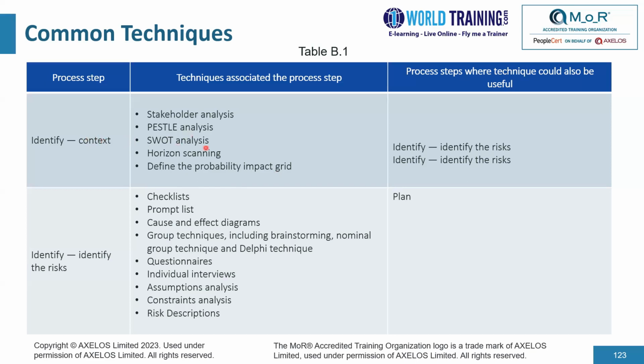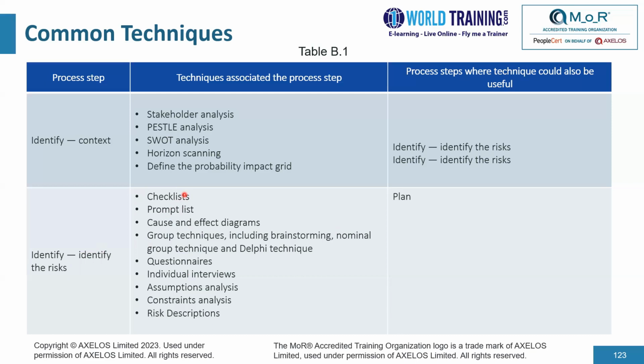Now, some of these techniques could also be used as a part of the identify the risk step. Now, coming down to the next process, we have the identify the risks step. So what tools and techniques are relevant for this particular step? We could use checklists. A checklist would be a set of bullet points that we might want to create to run the stakeholders through when we,